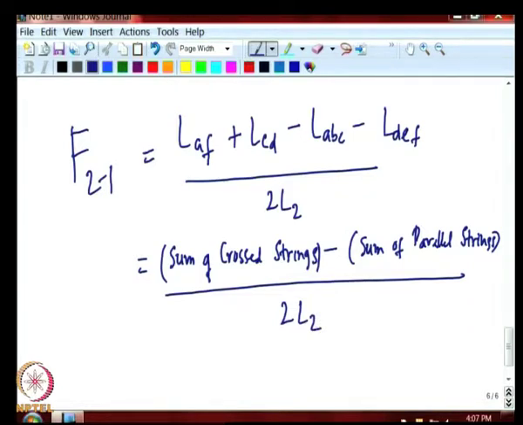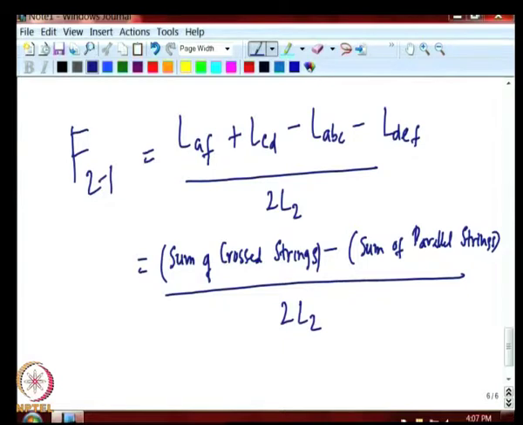So, this is a very simple and clean result, and the only challenge is for you to correctly identify the cross strings and the parallel strings to be drawn between two surfaces. And in drawing these strings, you must take special care to ensure that you create two triangular enclosures, each of them having only non-concave surfaces, so that you can apply the law that we obtained for non-concave triangular enclosures.